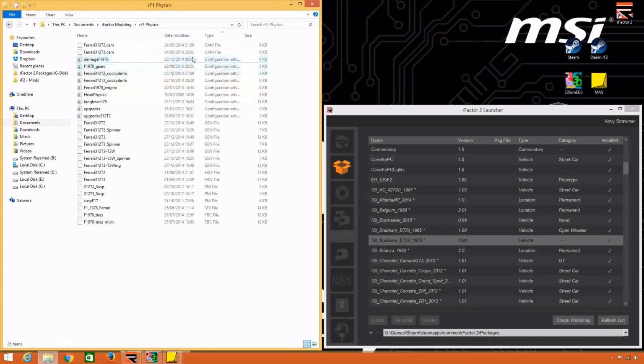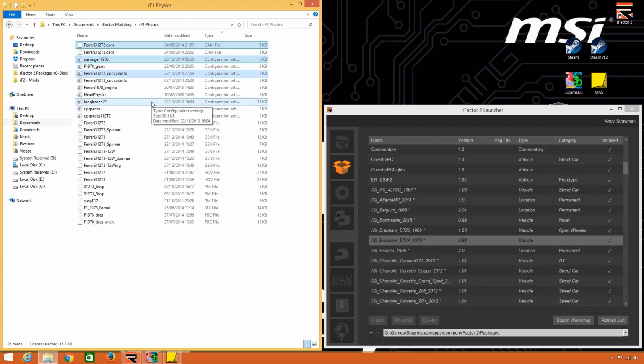Then you go rFactor 1 physics, and I'm going to take the cam files, so that's the cameras, the damage, the cockpit information, head physics. Yeah, I can take that from the new one. That's just how the visual head moves, and it is pretty interchangeable, it's not disastrous if you don't have it. Upgrades, make sure you take the right one, because obviously I've got two different, the T3 and the T2. That one's T2, so I'm guessing that one's a T3, so I'll take the T2, same with the gens,